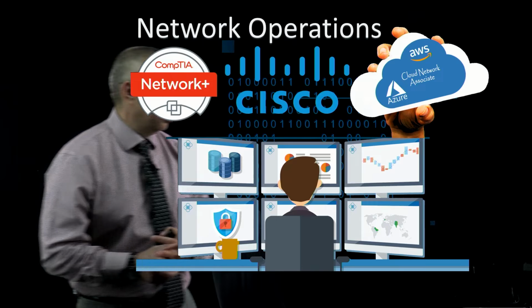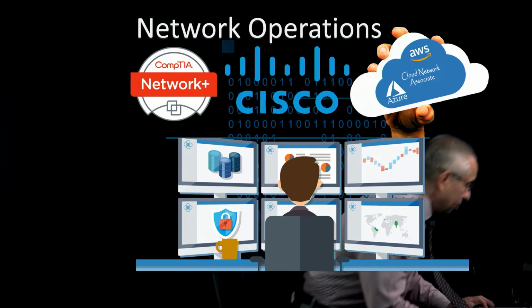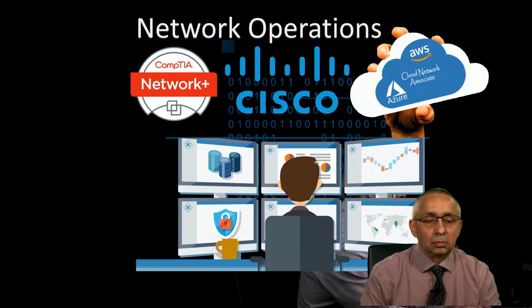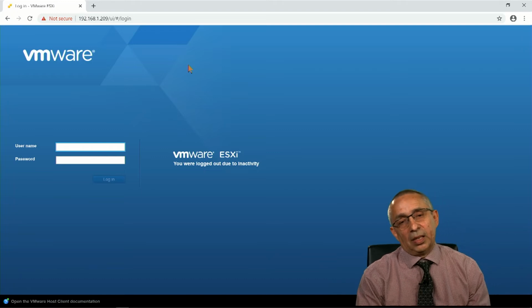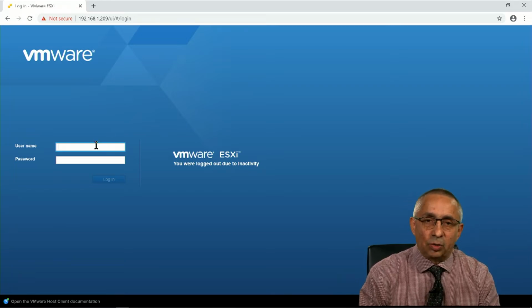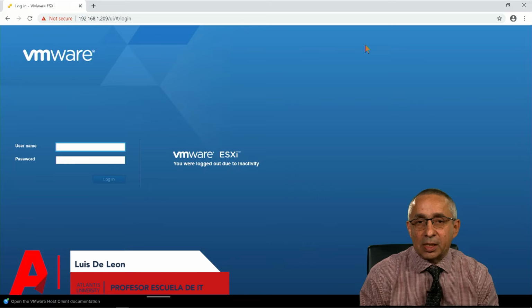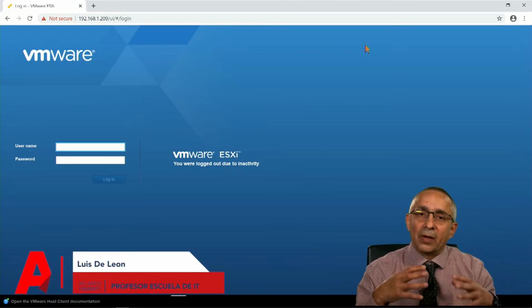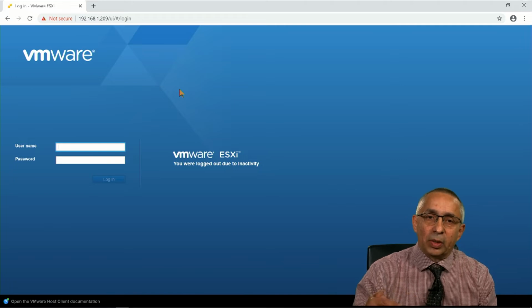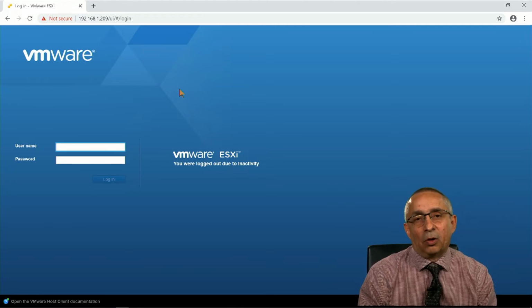I'm going to show you a little bit more about virtualization using another product called VMware ESXi. VMware is one of the best brands for virtualization. In my case, I'm going to connect to a server, and this is a physical server using virtualization. It's not like VirtualBox, where I'm using software that is running on top of my host computer, a Windows 10 computer. With VMware ESXi, I'm connecting to a server that is running the ESXi operating system.